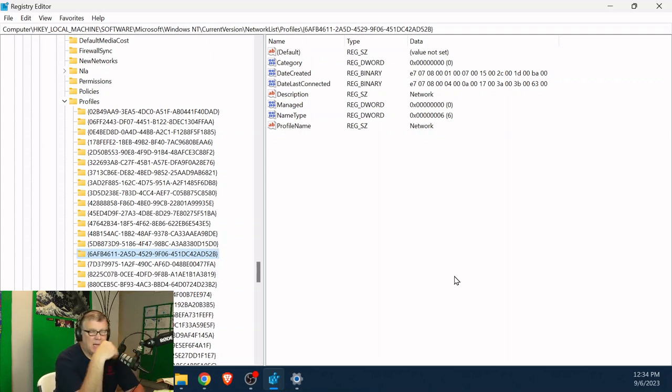Now, some people will ask, are passwords stored inside the registry? No and yes, all right? No, they're not stored where you would see them in plain text. No, you would not see them even in encrypted form.